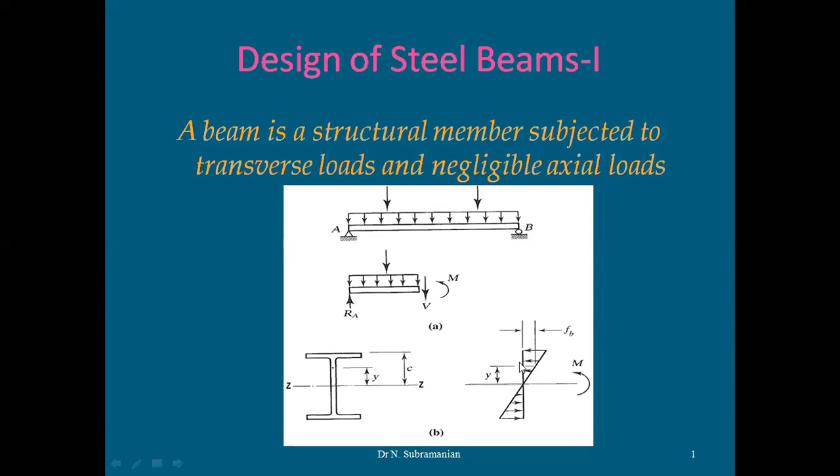Okay. So if you see the bending stress diagram for the I section, this is how the bending stress diagram looks, where the maximum bending stress will be above the neutral axis, and the maximum will be below the neutral axis when the section is symmetrical. When the section is unsymmetrical, so definitely there will be...